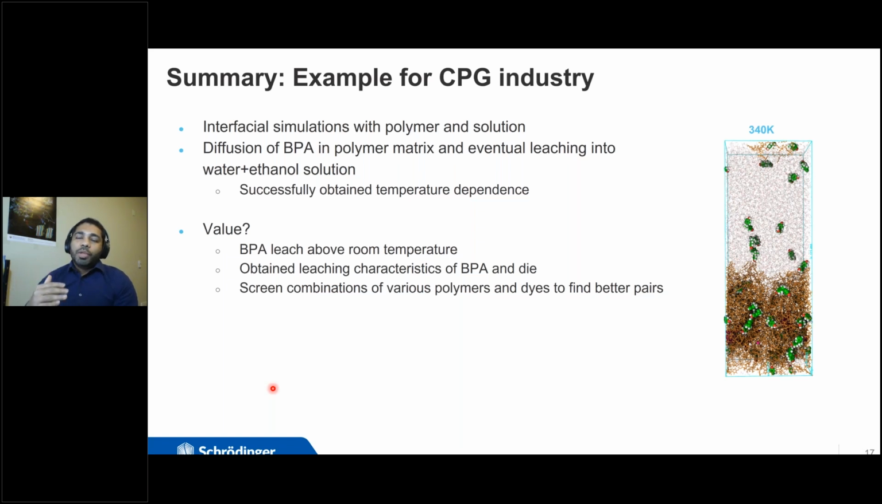And we can also do the same thing for BPA characteristics in another polymer. So this is polycarbonate, so we can understand BPA characteristics. Now that we have this protocol, we can apply it easily to other polymer systems and understand how the leaching would look like. And in the long term,